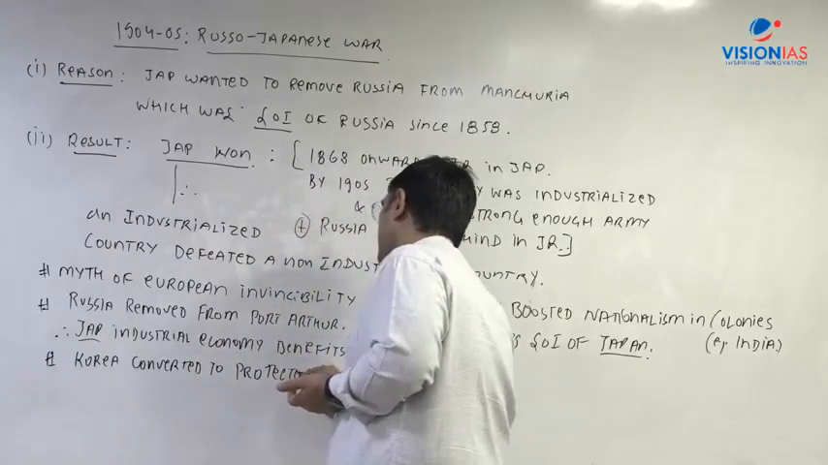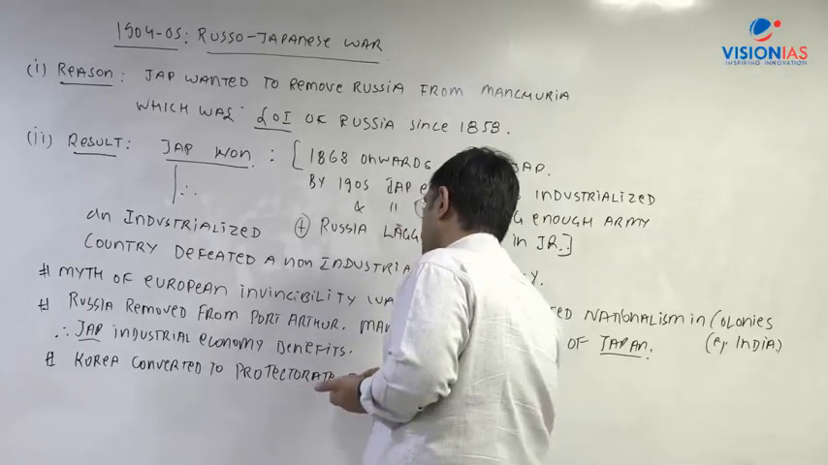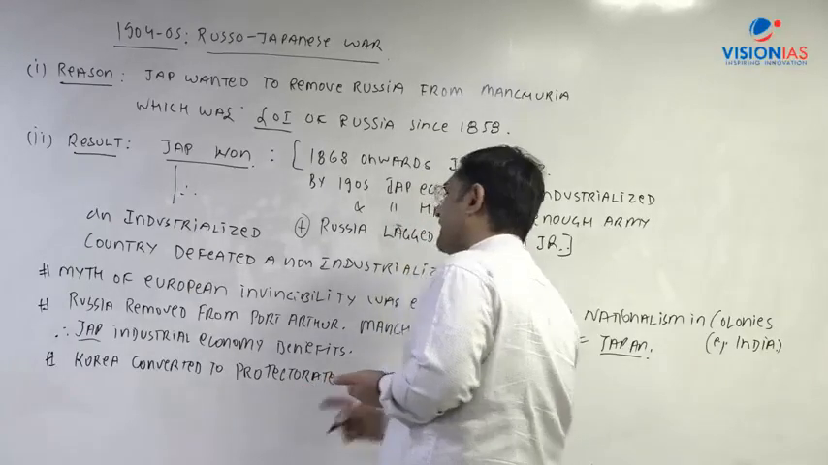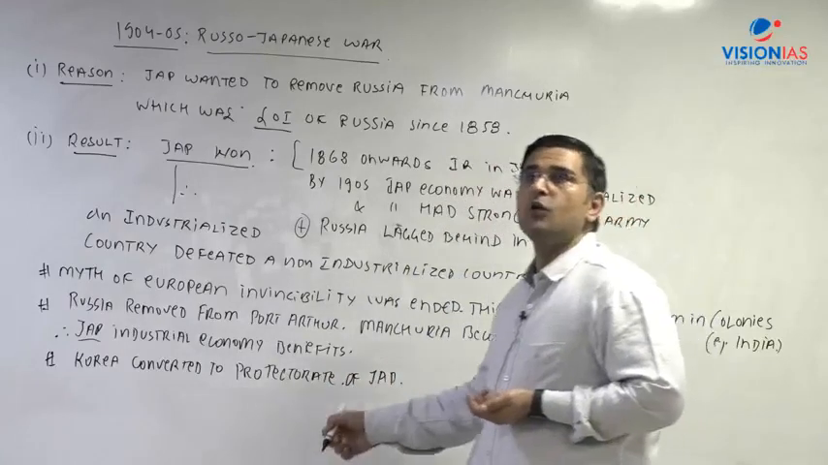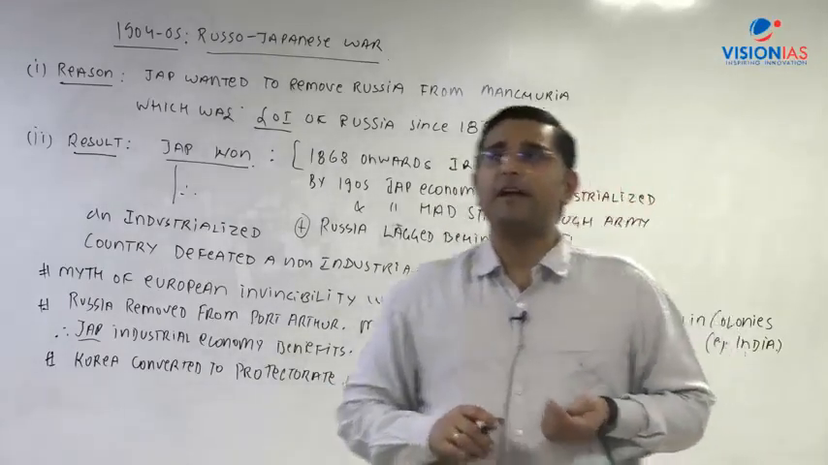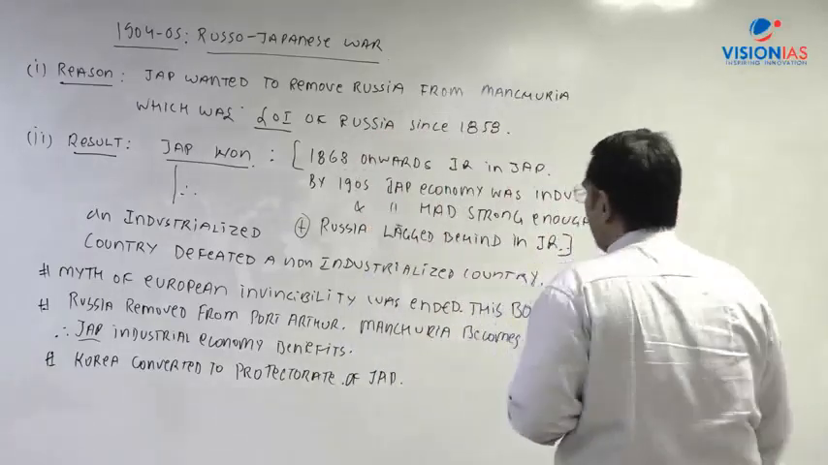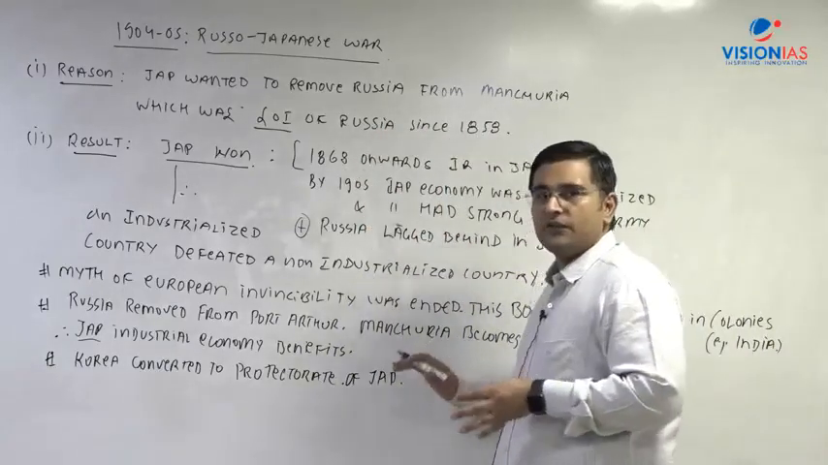And what is a protectorate? That is, its foreign policy and its military will be under the control of Japan. Why is it happening now? Because now there is no more a threat of Russia, right? But SOIs were ended in 1899. Yes, SOIs were ended in 1899, but because of the presence of